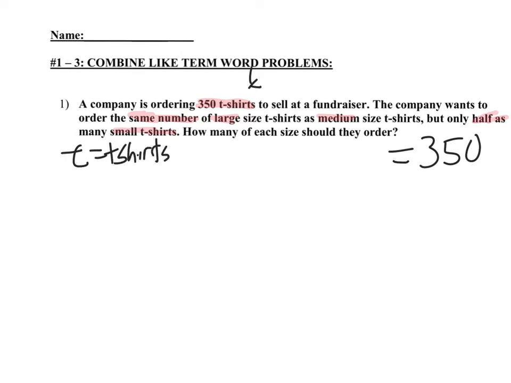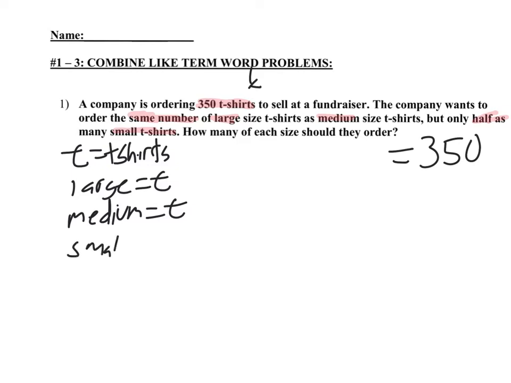Alright, so if the large and mediums have the same number, we can set both our large and medium equal to the same value. And for the small t-shirts, we're only ordering half as many, so small is going to be 1/2 T. So when we set this up, it's going to look like T plus